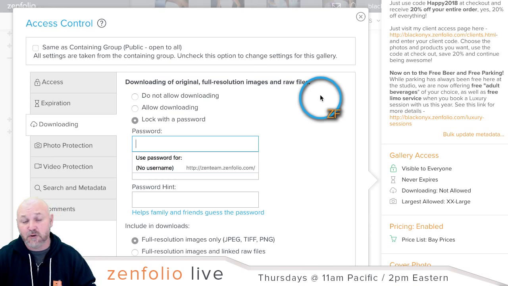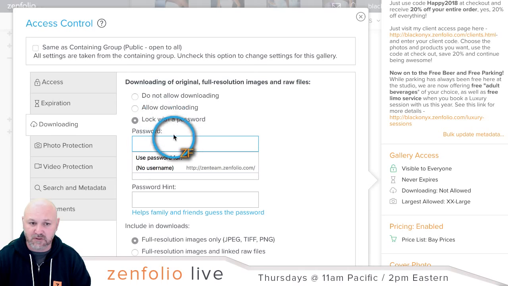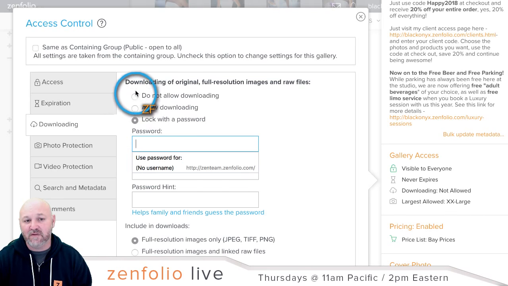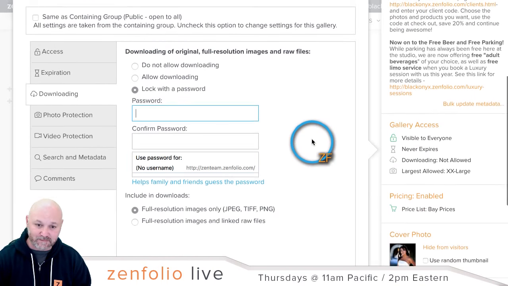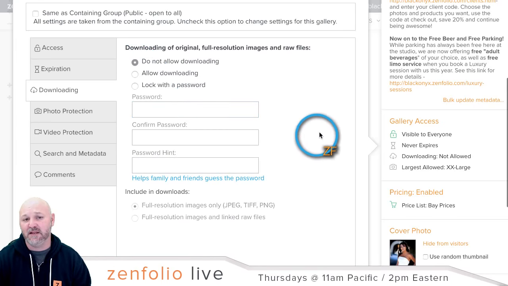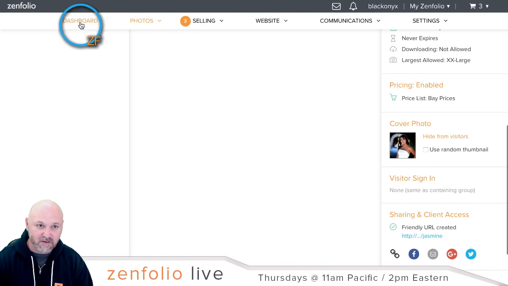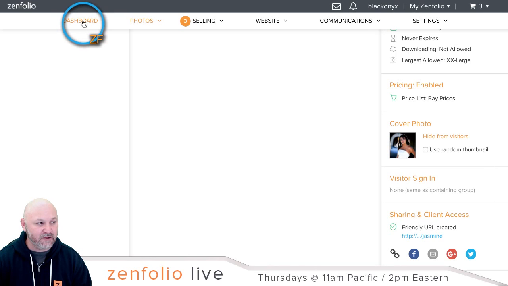Whereas if you do the digital products route, like I just showed you, each person has to come in and actually physically purchase those digital downloads. So I would definitely not recommend trying to sell the digital download password. And if you want to sell your digital downloads, I would definitely recommend leaving that option turned off there. So I'm just going to set that back to do not allow downloading and click save to make sure that's turned off. And then let me just jump back here to my dashboard